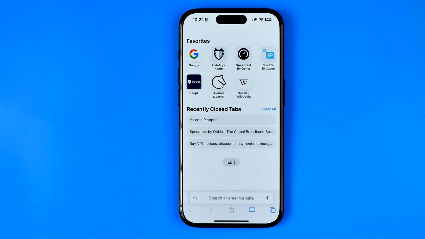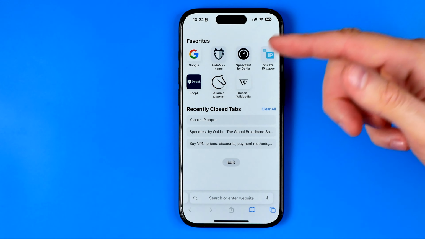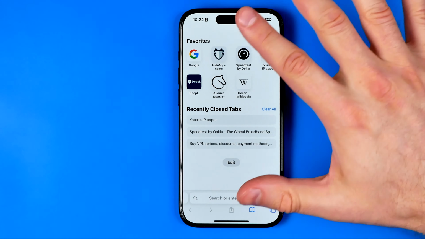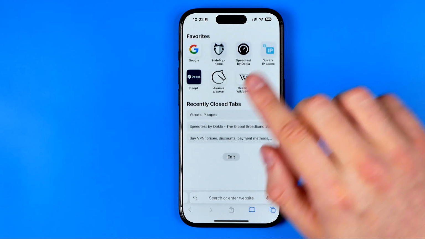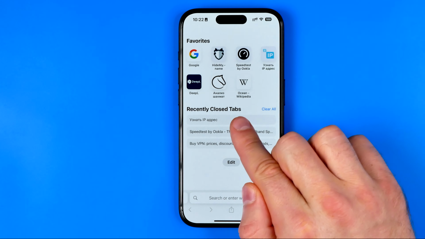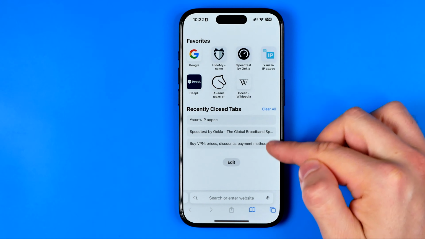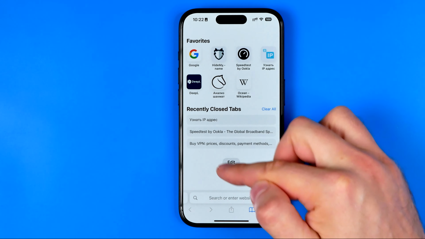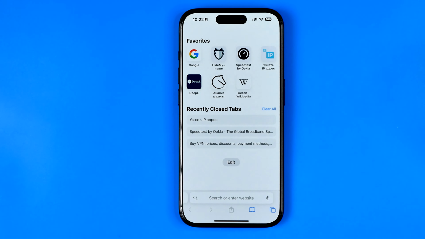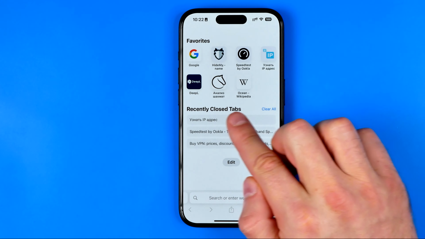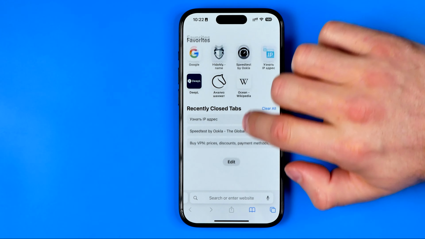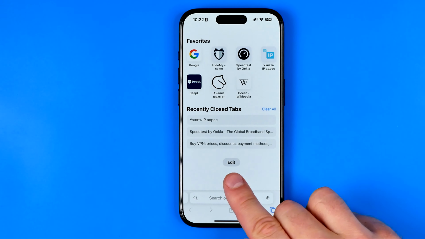Now guys, here it shows us different sections such as favorites, maybe you got other sections here, and among them we can easily find recently closed tabs, and that's where it shows you all the tabs that have been closed recently. And if you do not see this option here, then just go down this list until you find this